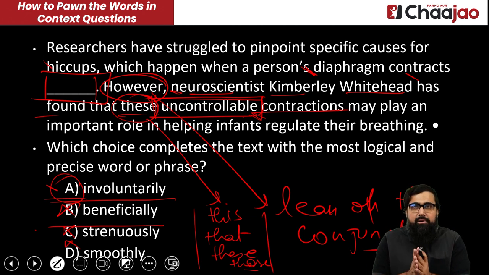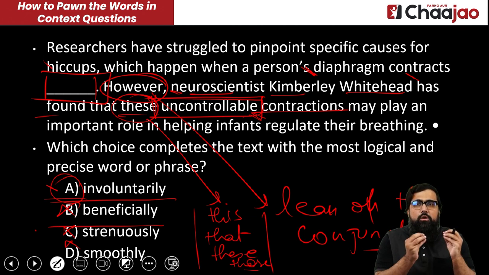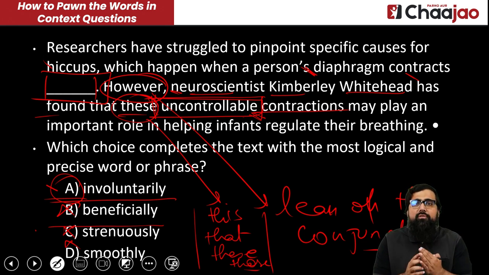So guys, I'll repeat. First you have to read the passage, then you have to look for the information. There will always be some information that will give you an idea of what should come in the blank. You have to look for that information. With the help of that information, you have to come up with a word that can be a possible answer for the blank, and then you have to put that into it. You have to find the best option that is in line with it. So you have to make a comparison.